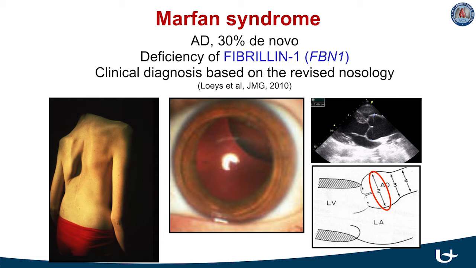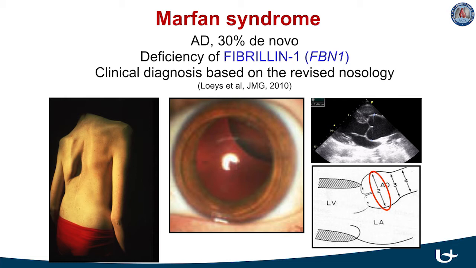First, in the skeleton, we note overgrowth that can be seen by long fingers or arachnodactyly, tall stature, overgrowth of the ribs leading to pectus deformities, and also spinal deformities leading to scoliosis. Second,